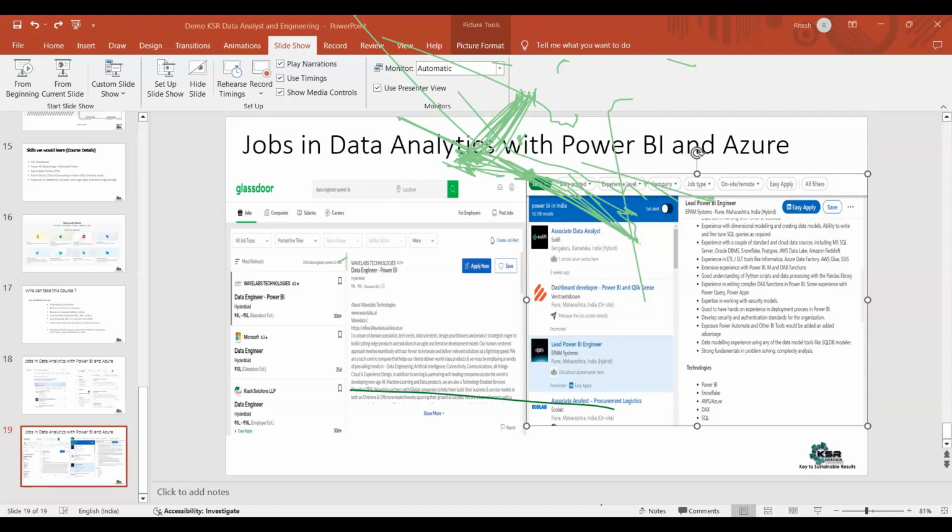Mohit has a question. As I have zero knowledge of MS Excel, it would be difficult to learn Power BI. No, it is not difficult. Power BI is not getting automated. Fabric, Copilot, all this introduction will help you to get the process automated.